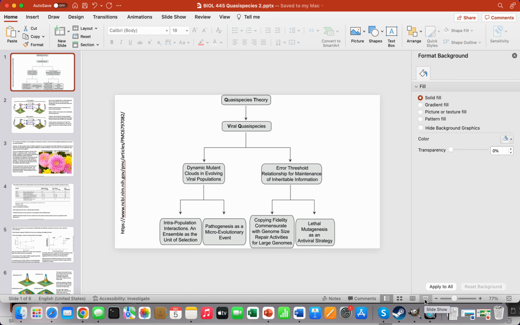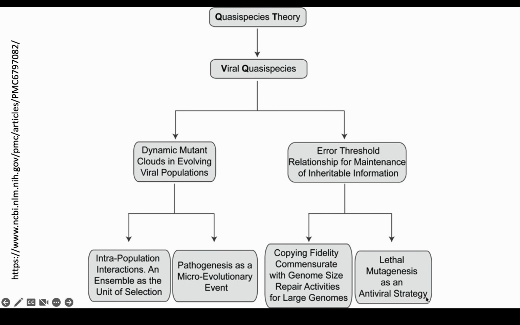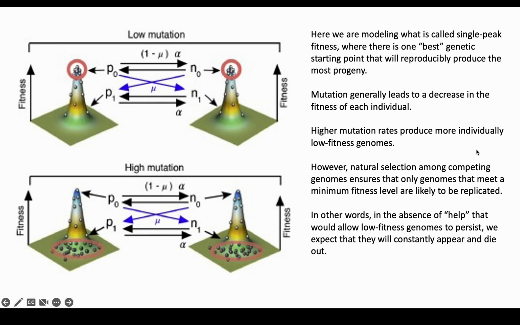Quasi-species. I want to give you a little bit more information that you can use to generally make answers better. So here's a nice little outline that actually comes from this paper over here of the big concepts in quasi-species theory. So you've got this cloud of mutants, and then you've got an error threshold, like a point where the cloud of mutants becomes less fit if they have more errors than this, or they become more fit if they have fewer or are close to that error threshold anyway. And then some of the things that follow out from that. So that's a nice way to kind of organize this, I think.